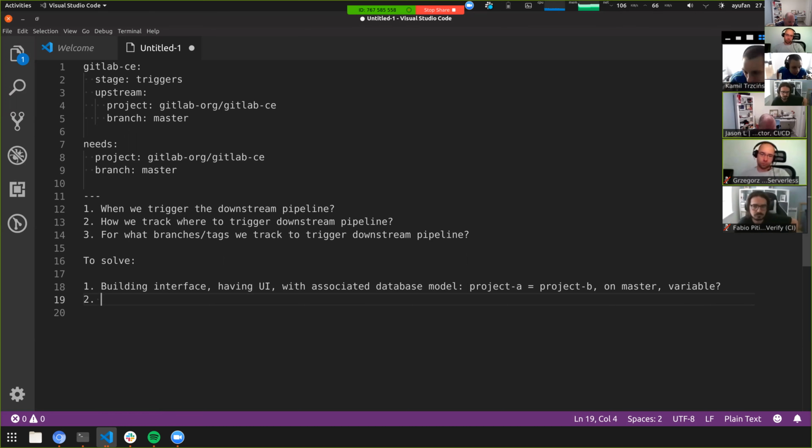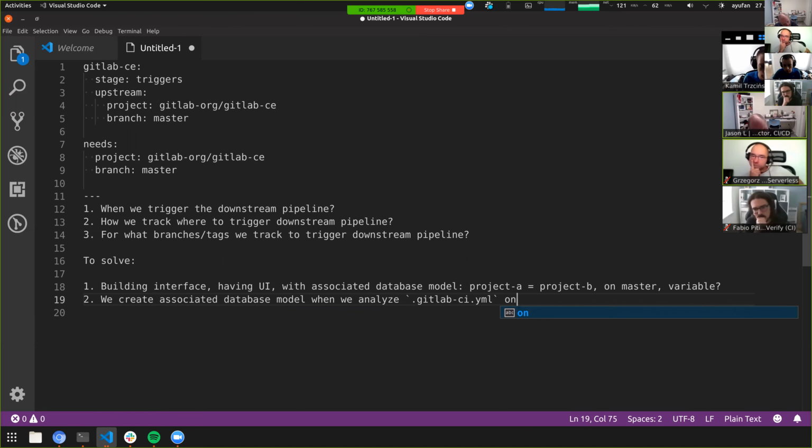Yeah, so we're not going to do that, and it seems that the best cut there is that we maybe just track only for master. So maybe we create an associated database model when we analyze the GitLab CI YAML on master.